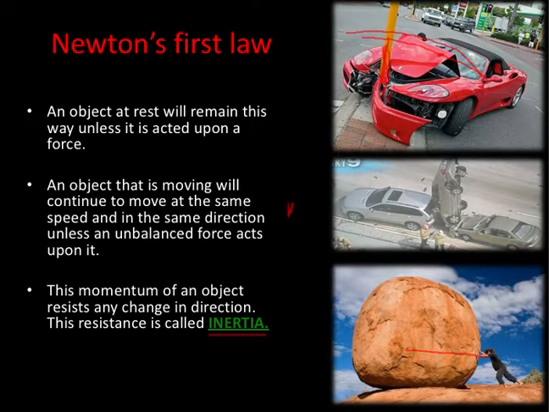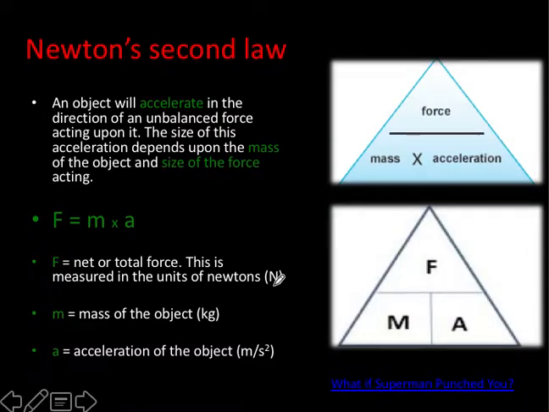Let's move on to Newton's second law, and this law is F equals ma. This is explaining the relationship between the force of an object, the mass of the object, and the acceleration of the object. Each of these variables are dependent on each other, and we can use a triangle formula to work